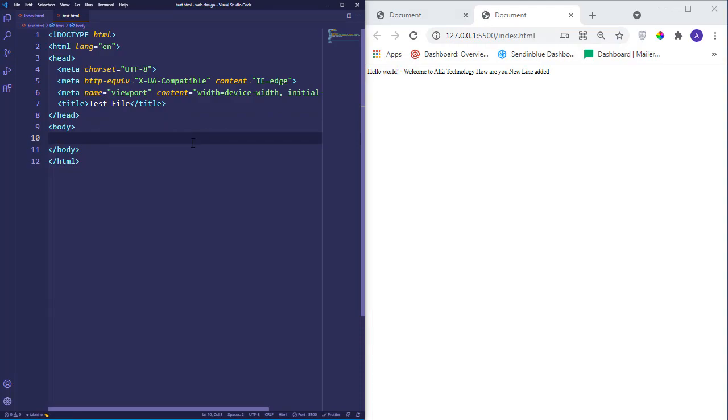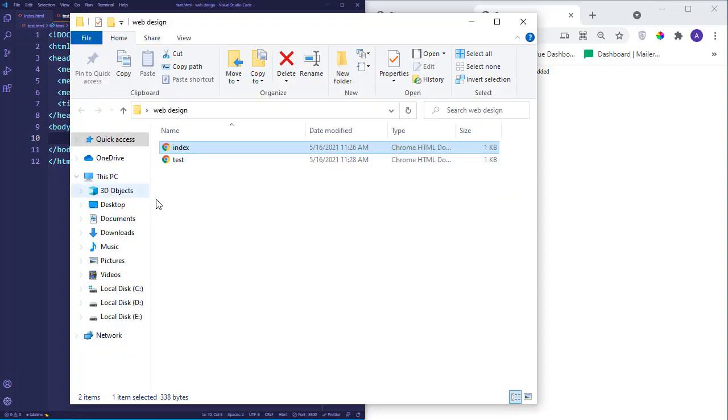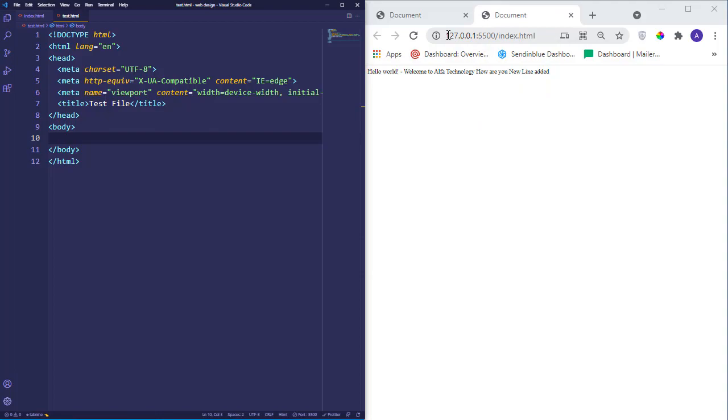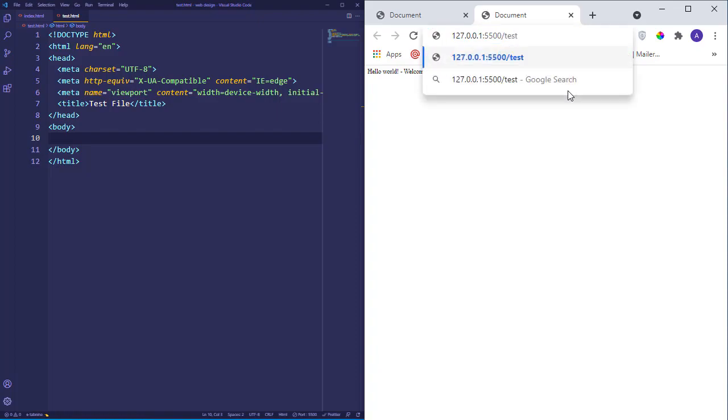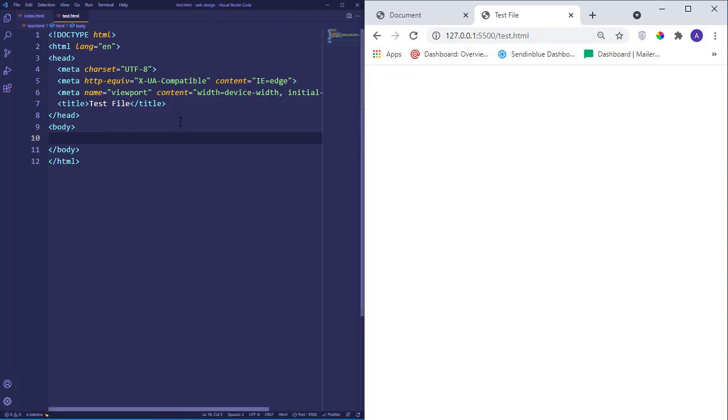Now how can you access the different files in your directory? If I open up my folder, web designing, in which I have both the files, you can see we got both files. You can go to the browser, and you can see this is the address of the server, which is your live server running, and this is the name of the file. You can type test.html, the name of the file, and you will get the output. So we got test.html, and here we can write hi, and if I save it, we got hi there. This is the first thing that you need to note.